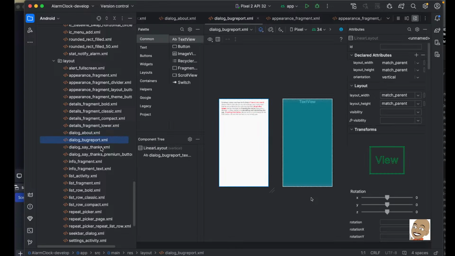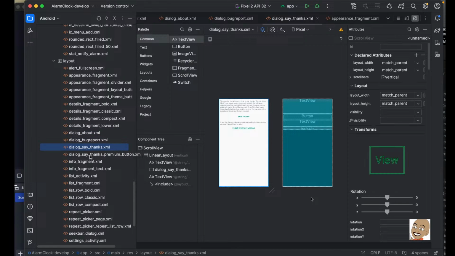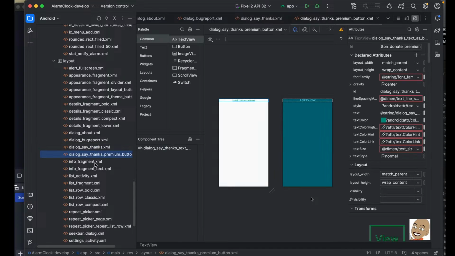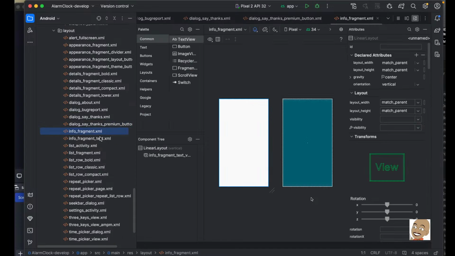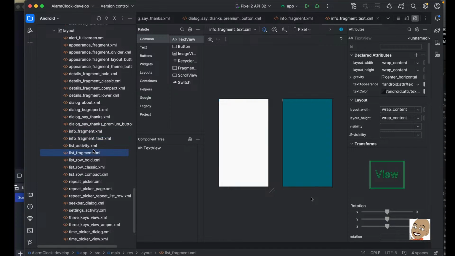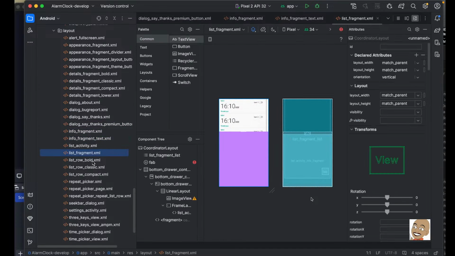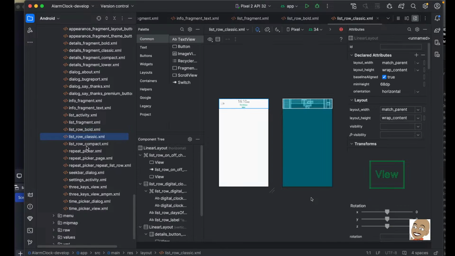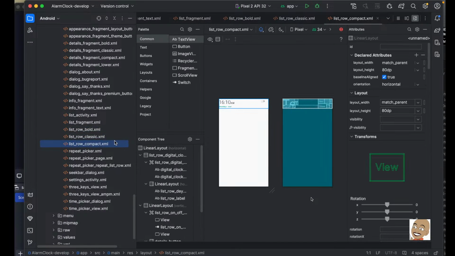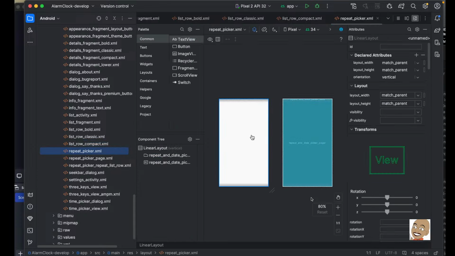Even though Jetpack Compose is quite modern, sometimes I feel like with views you still have a little bit more control over the UI, because you can kind of come at it in multiple ways, through the code and through this visual interface,